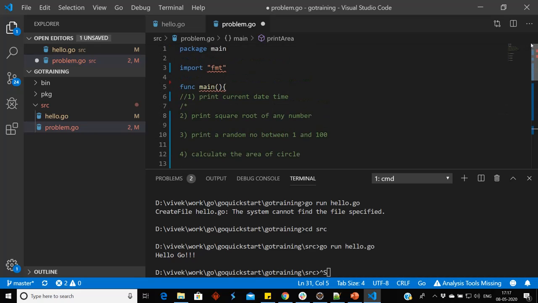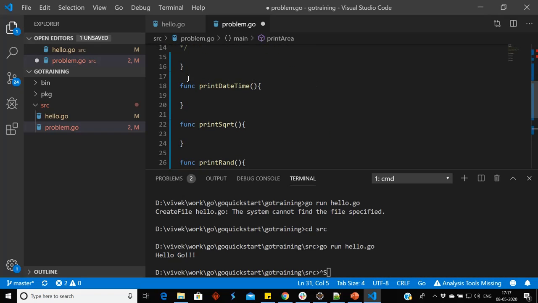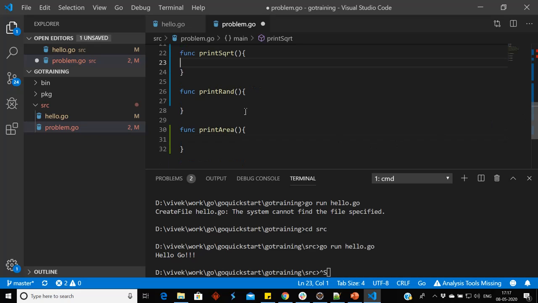Now we will write the logic. For printing current date and time, what should be the logic? It would be very difficult. For printing square root, what would be the logic? It would be very difficult. For printing a random number, what would be the logic? It would be very difficult.